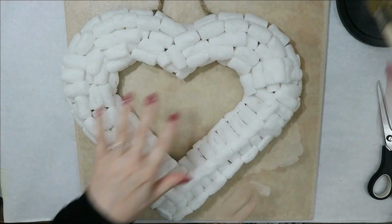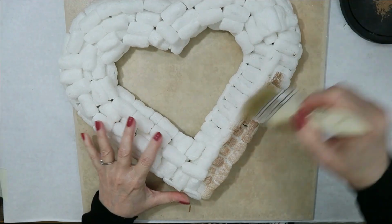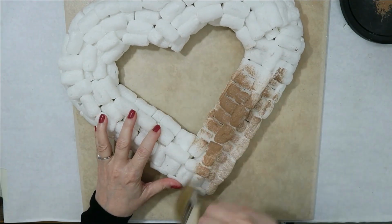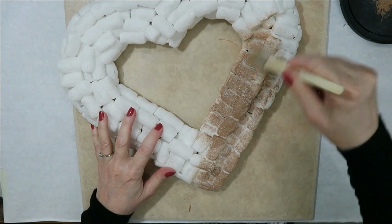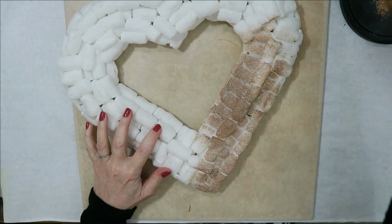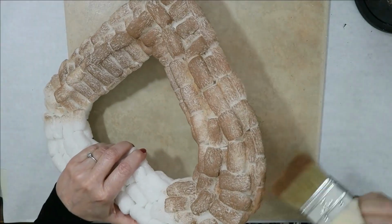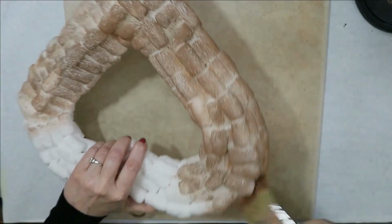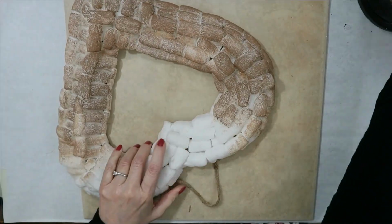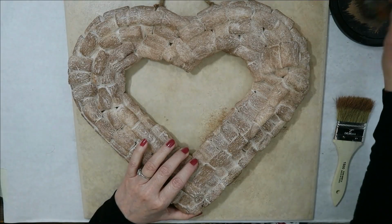I have never worked with this foam before crafting, so I did not know what to expect. I have painted on foam before, but this foam was almost a little shiny and more absorbent. So I took my wax and practiced on the back of it, thinking I could make it look like faux wood and give it some grain, and it just wasn't doing it. So I take Territorial Beige here from Apple Barrel Paint and I cover the whole thing,